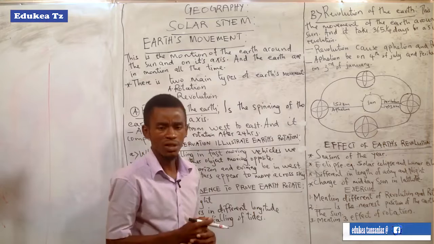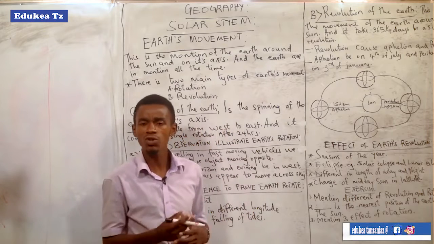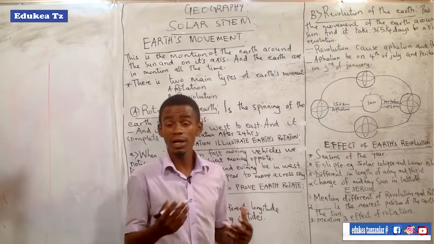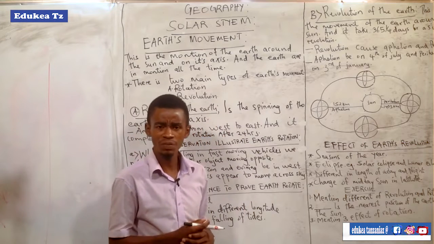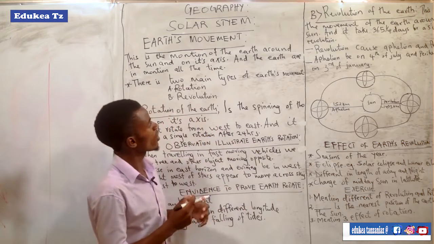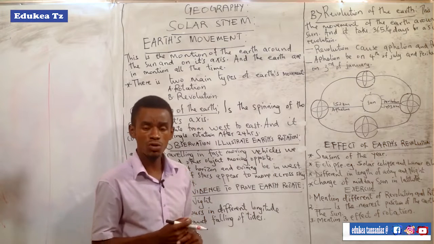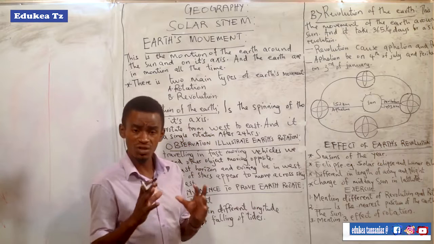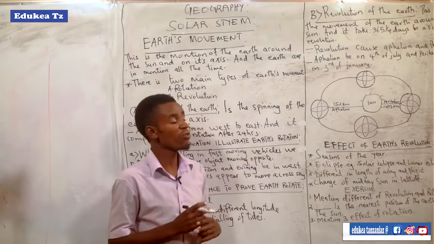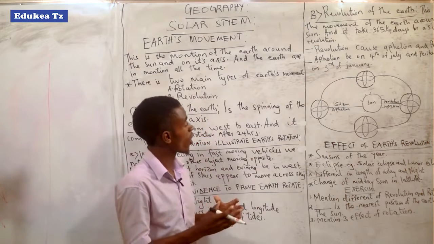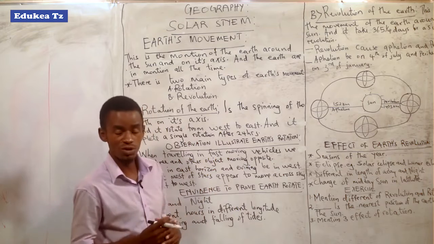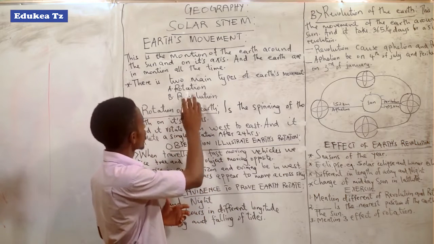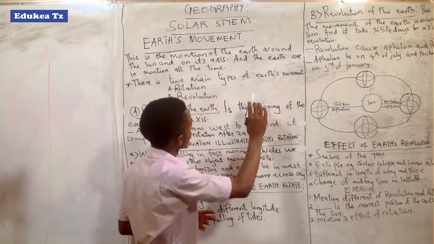So why is the Earth in motion, but we don't feel that motion, or why don't we understand that the Earth is in motion? The reason is that the Earth is in motion all the time, but we are moving with it. That's why we don't feel that the Earth is moving, rotating, or revolving around the Sun.